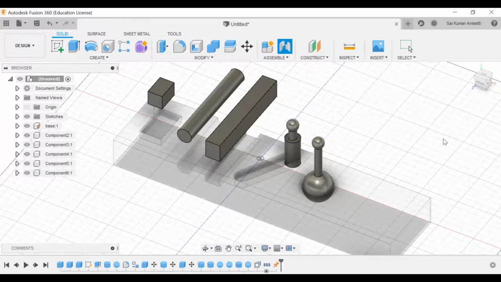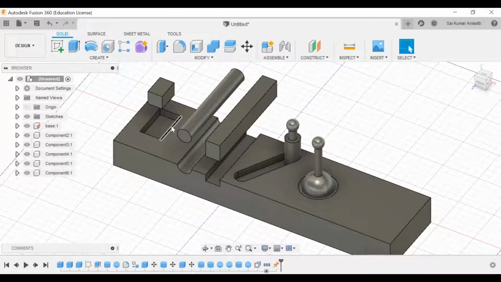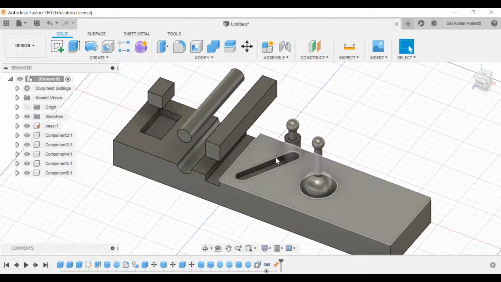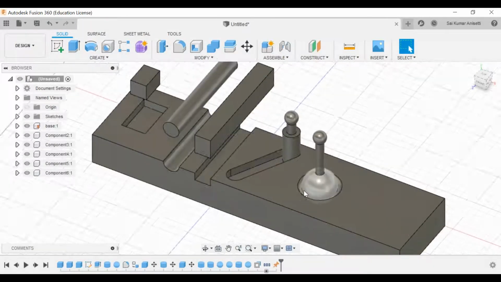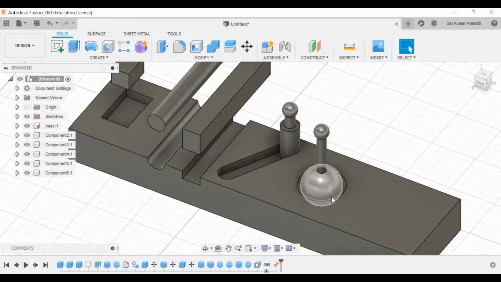Now let us suppose I don't know what kind of joint I need to give. That is the primary issue. So you need to have general theoretical knowledge on which type of joint to give. That is the background of your assembly. Now this is your ball joint, where you have to rotate this ball in this particular slot. Now it can rotate around 360 degrees without any constraints. Here you cannot give a cylindrical joint. You can give a ball joint.